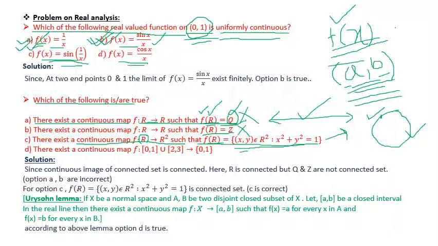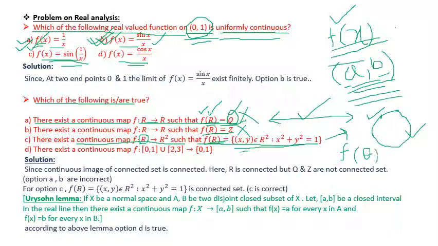So this is a connected set R, and f of R is also a connected set. So you can find a continuous mapping from this connected set to this one, and you may write this mapping this way. Here you can use f of theta